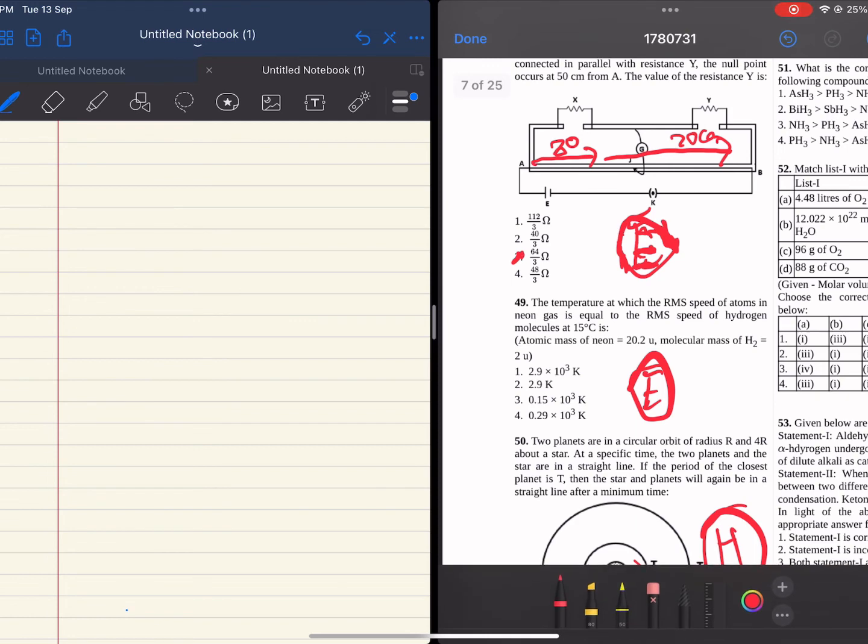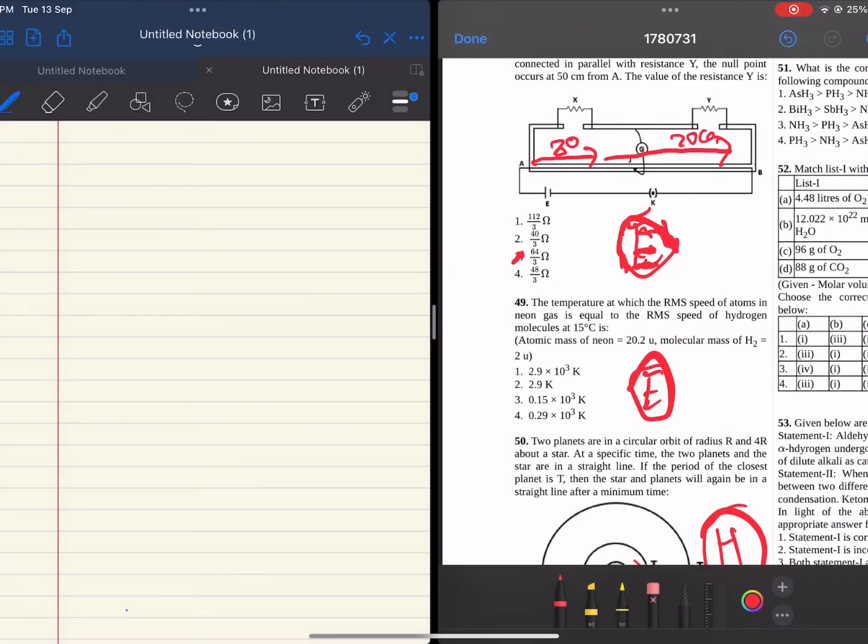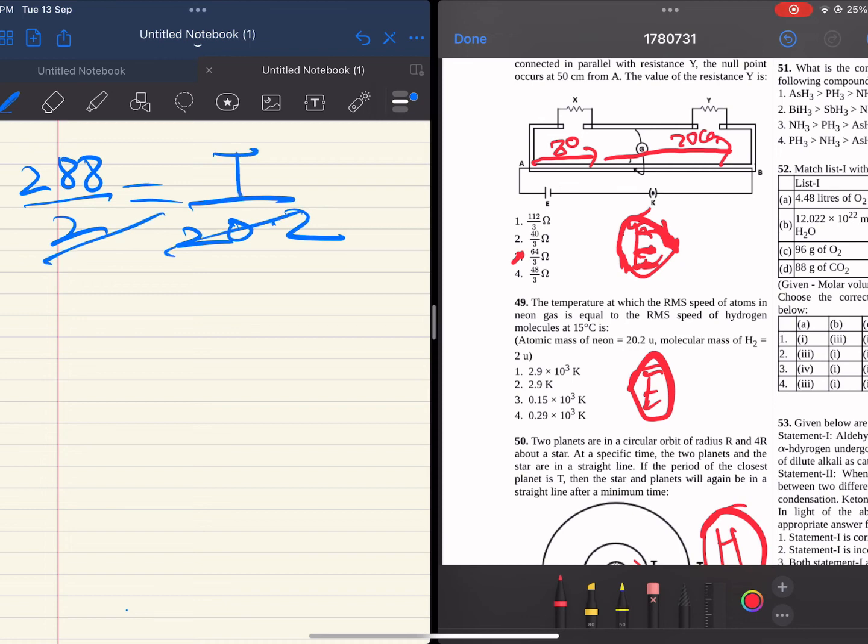So T by M is equal to a constant if their RMS speeds must be equal. The temperature for hydrogen is given as 15 degrees Celsius, which is 288 Kelvin, with a molecular mass of hydrogen of 2, and the molecular mass of neon is given as 20.2, and the temperature of neon we need to find. This 2 and 20.1 can be cancelled as 10.1. 288 into 10.1 comes out to be 2.9 into 10 power 3 Kelvin, that is 2900 Kelvin. So the 49th one's answer is option 1. Moving on to the